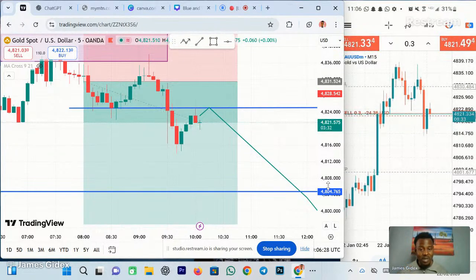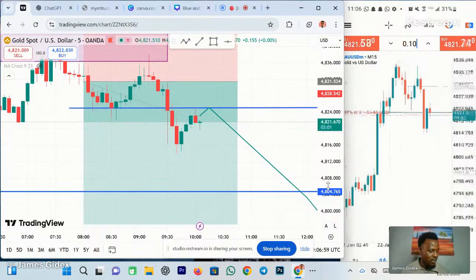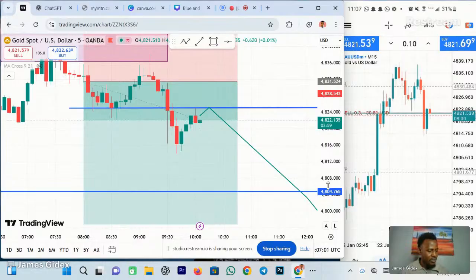If you want to get into any market, make sure to check the lot size. This is the lot size I used yesterday, and my mind didn't go there. So if you want to place a trade, please check your lot size. I wish I had looked at my lot size earlier. Maybe it would have just been 0.1. Done. 0.1.